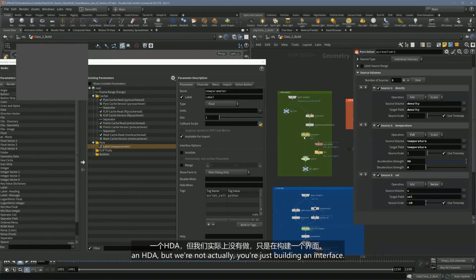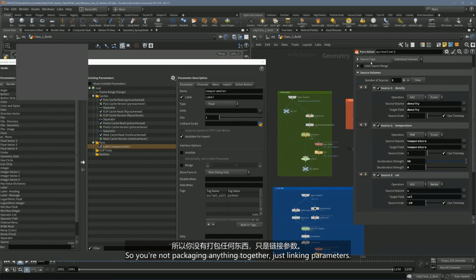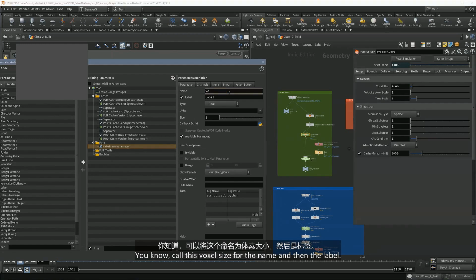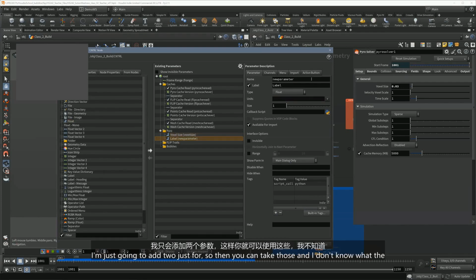it's similar to making an HDA, but you're not actually packaging anything together. You're just building an interface. It's just linking parameters. Call this voxel size for the name and then the label. And we're just going to add two just for